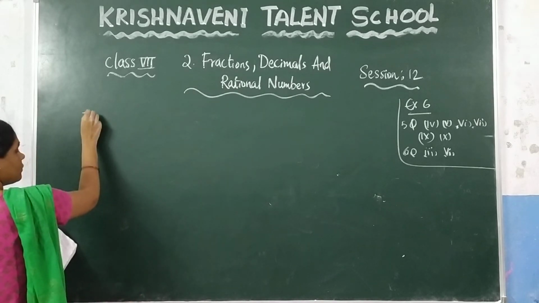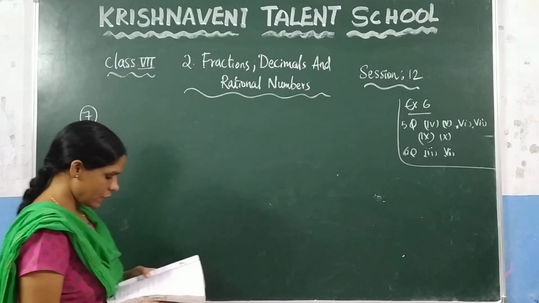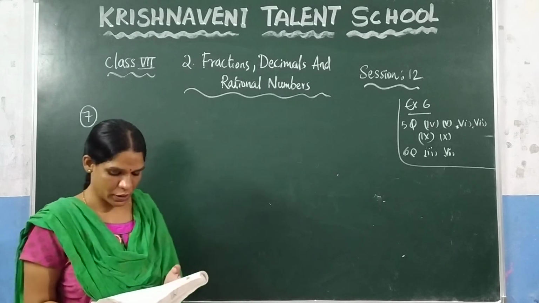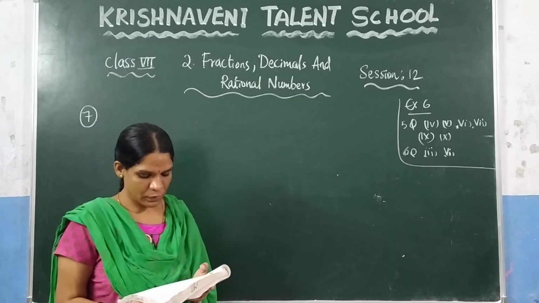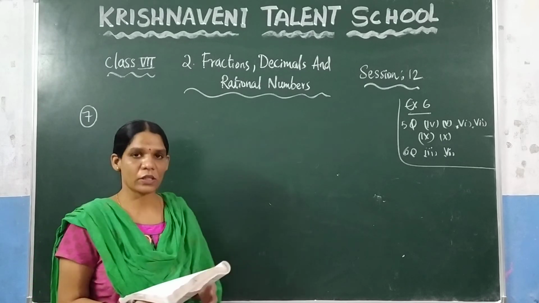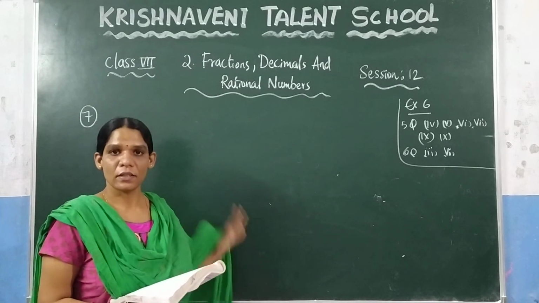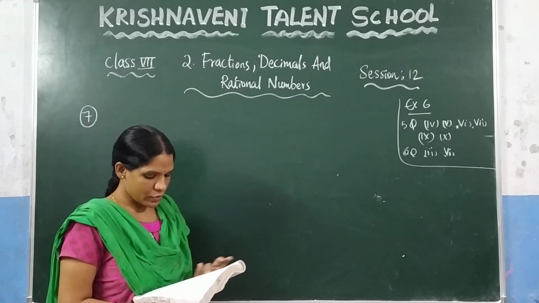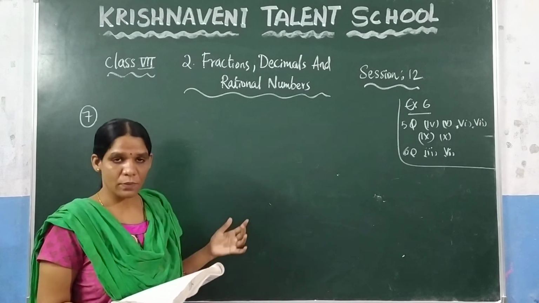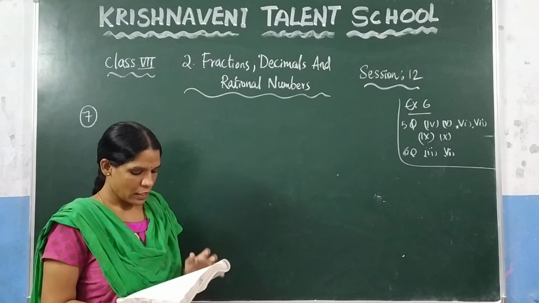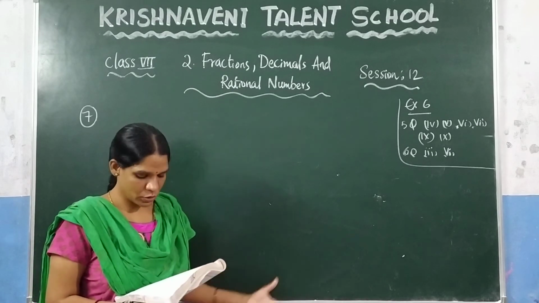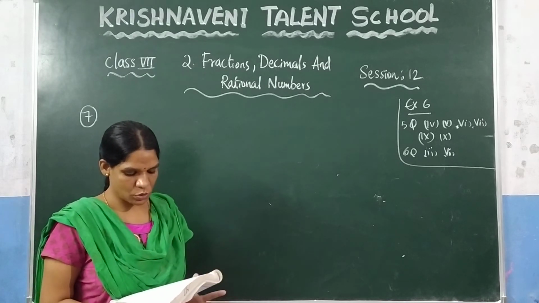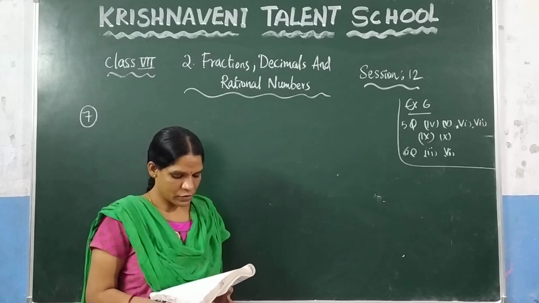The seventh question, what they have given here: a side of a regular polygon is 3.5 centimeters in length. The perimeter of the polygon is 17.5 centimeters. How many sides does the polygon have? A polygon is nothing but a figure that is made up of line segments, containing more sides, we call it a polygon. And the perimeter of the polygon is given. That means the sum of the sides of the polygon is given, and one side length is given. You need to calculate the total number of sides. If you want to calculate the total number of sides, you just need to divide these two values so that you will get the number of sides the polygon has.